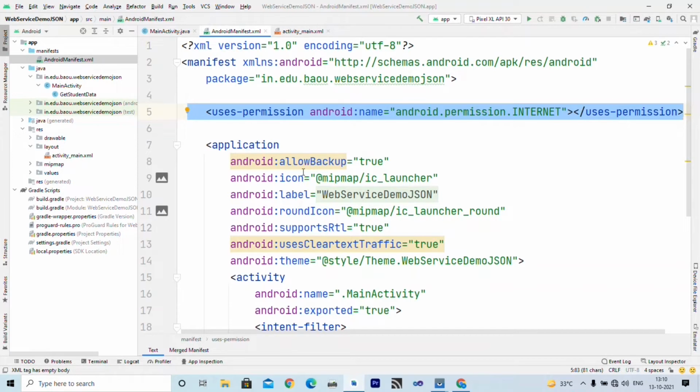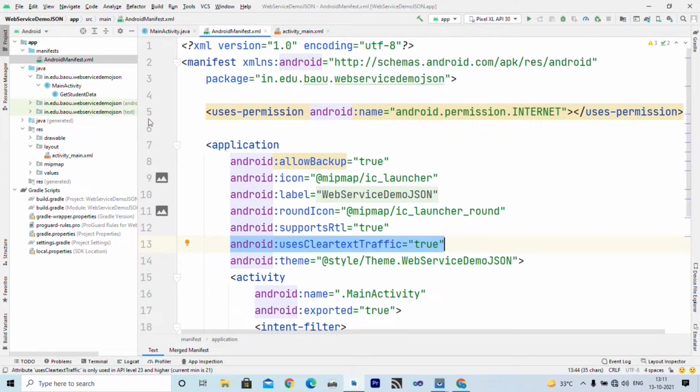Don't forget to include this line inside your Android manifest file, and inside application you have to write android:usesCleartextTraffic equal to true, so that we can access data from either HTTP or HTTPS also. This is why we have to write this line inside application. So these are the changes you have to write inside the default manifest file.